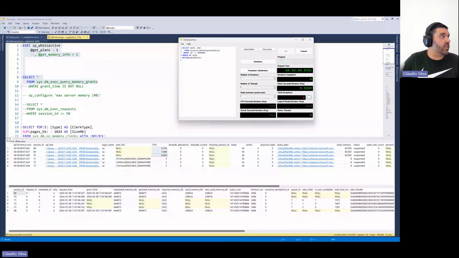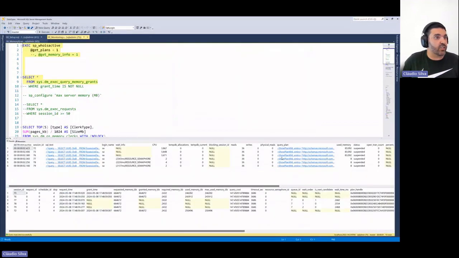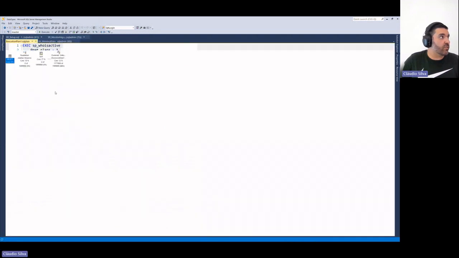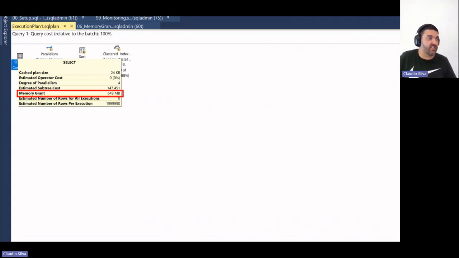If we run this one again and check one of the execution plans, I see that my memory grant should be 649 megabytes. If you multiply this by 3, it will give you almost 2 gigabytes.